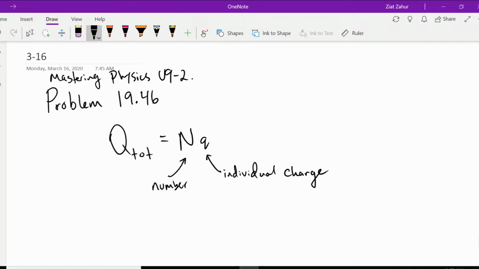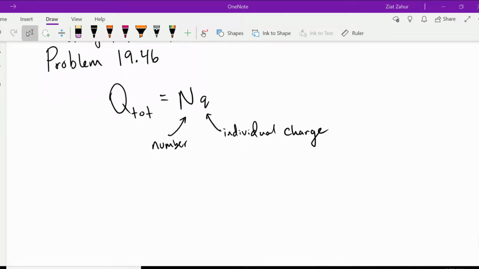Alright, so the total charge must be equal to, in this case, since we have some amount of moles, whatever your number of moles is, because each mole has a certain quantity of particles, in this case being oxygen molecules. So the number of moles times this Avogadro's number,